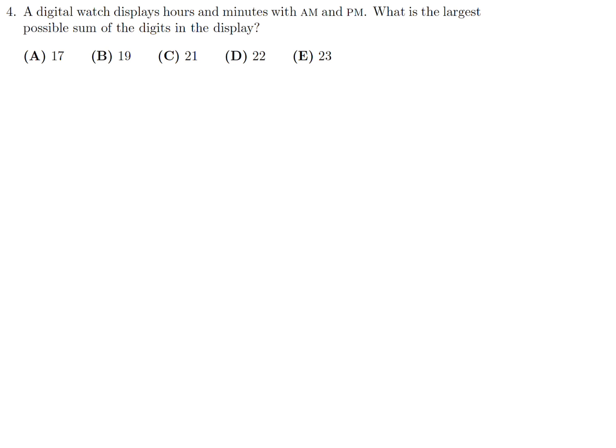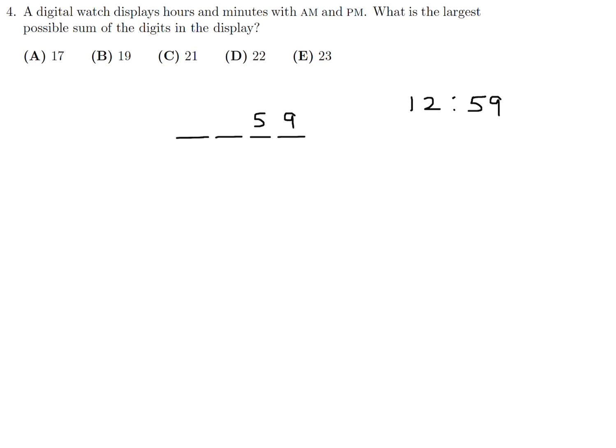A digital watch displays hours and minutes with AM and PM. What is the largest possible sum of the digits in the display? So AM, PM, so it's not military time. The highest it can go up to is 12 for the hours, and obviously 59 for the minutes. And you might think, well, maybe that's the largest possible sum. You'd be half right. 59 is indeed the largest possible value you can put for the numbers, and that also